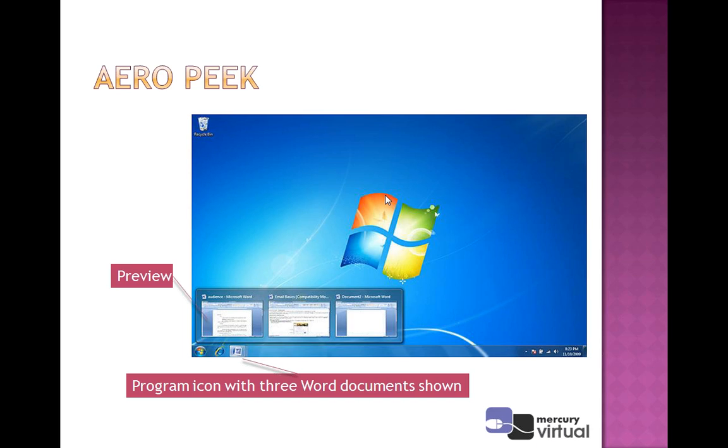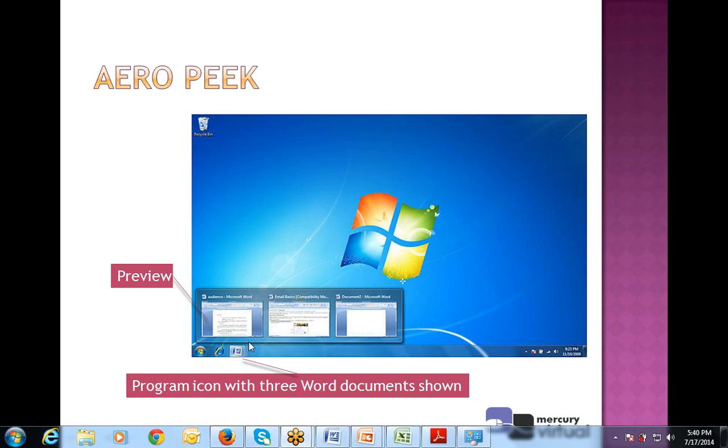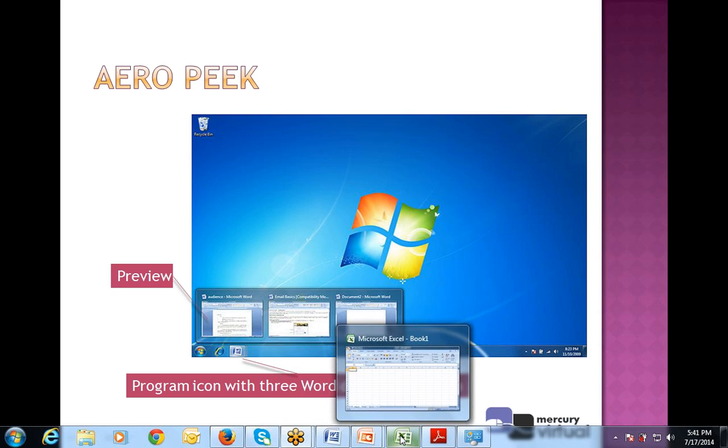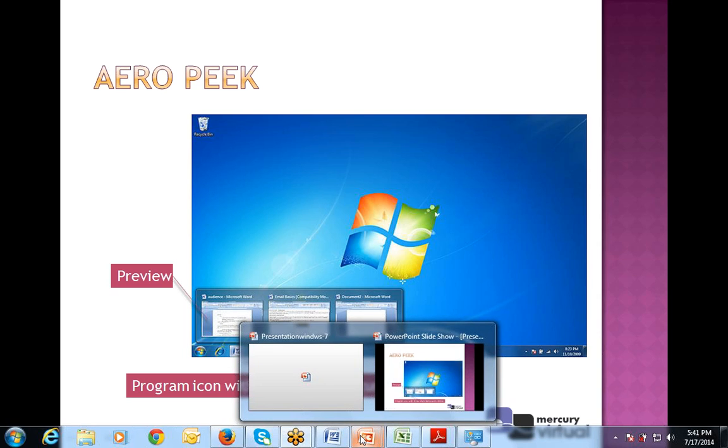In simple terms, if I want to access the icons with the help of the taskbar, that is known as arrow key. Let's say an example. If I click on this icon, then the different applications which are opened are shown, like 1, 2, 3. For example, if I click on this, there is only one document. If I click on this, there is only one document. But if I click on this, that is PowerPoint, there are two applications open.